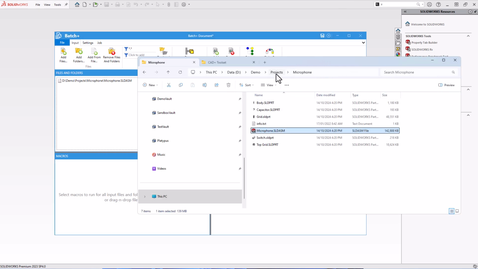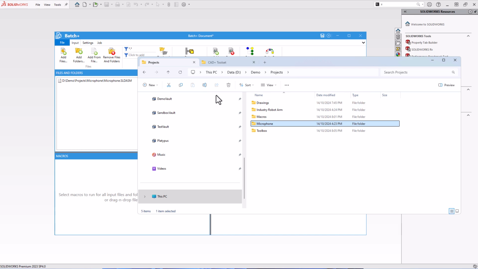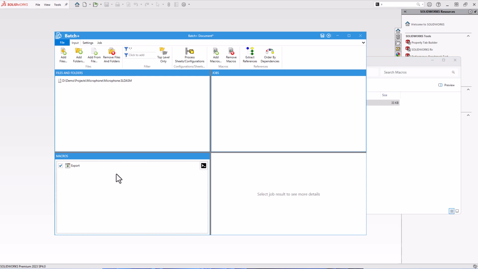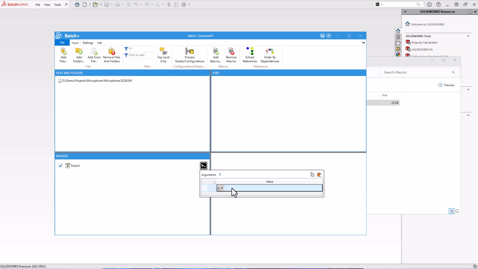For now, I'm just going to add my main assembly into the scope, and we can also add the macros we want to process. So we're going to use the same export macro tool. It has the exact same user interface. We can specify the files we want to produce. So let's just create files in PDF format, and we can use the file name of the original drawing file